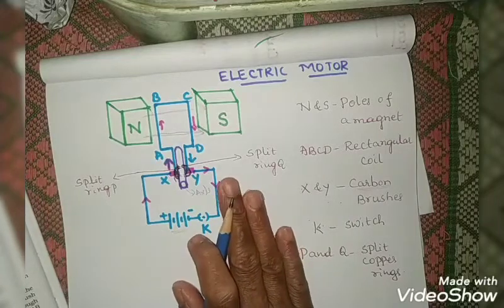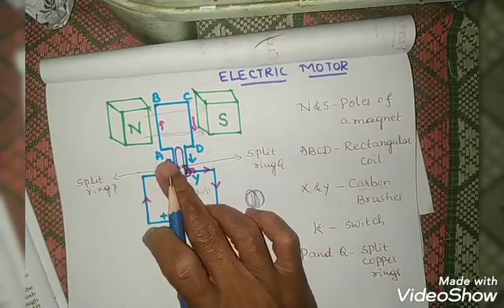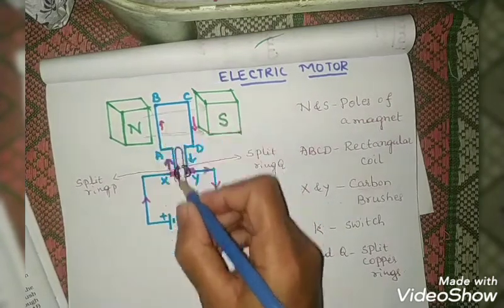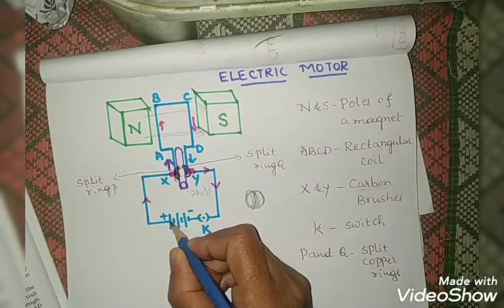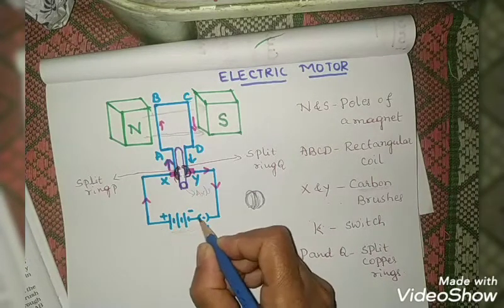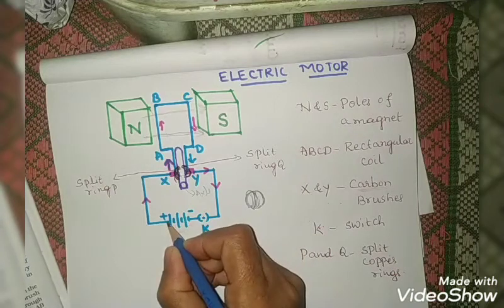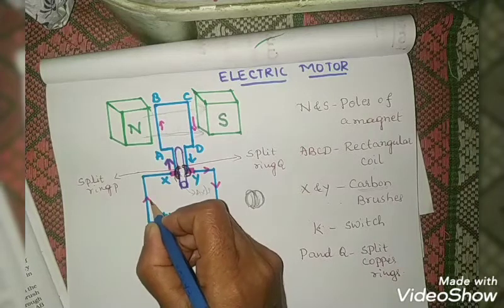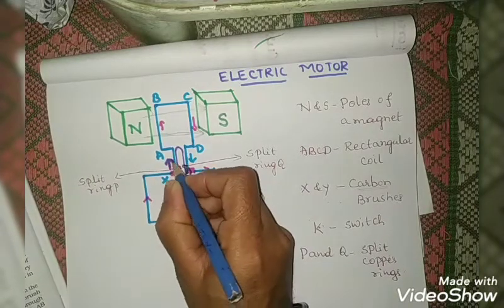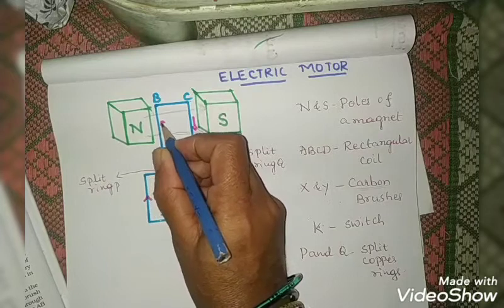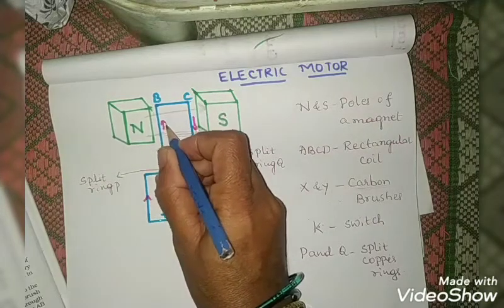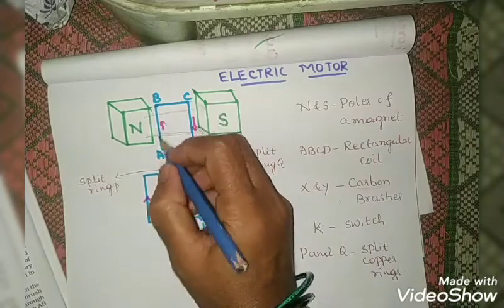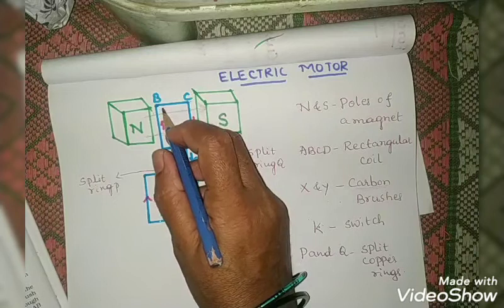Notice that the current in arm AB of the coil flows from A to B. The current is flowing from A to B, right? Observe here, as and when current starts flowing, when the switch is turned on, the current starts flowing from the positive terminal. Arrow marks are here and here, and it starts flowing in this direction, children. This is the direction of the current. Here, AB direction. Am I right? AB direction. A to B.